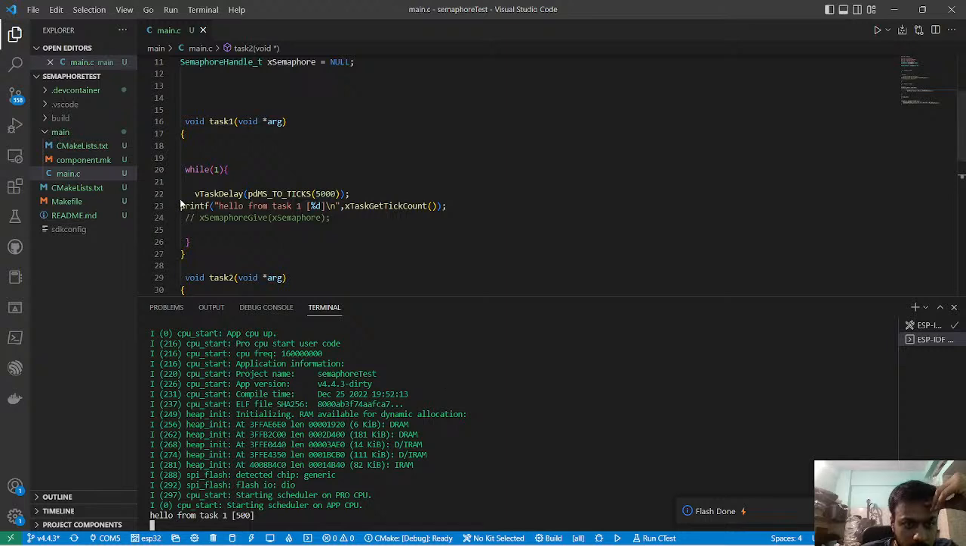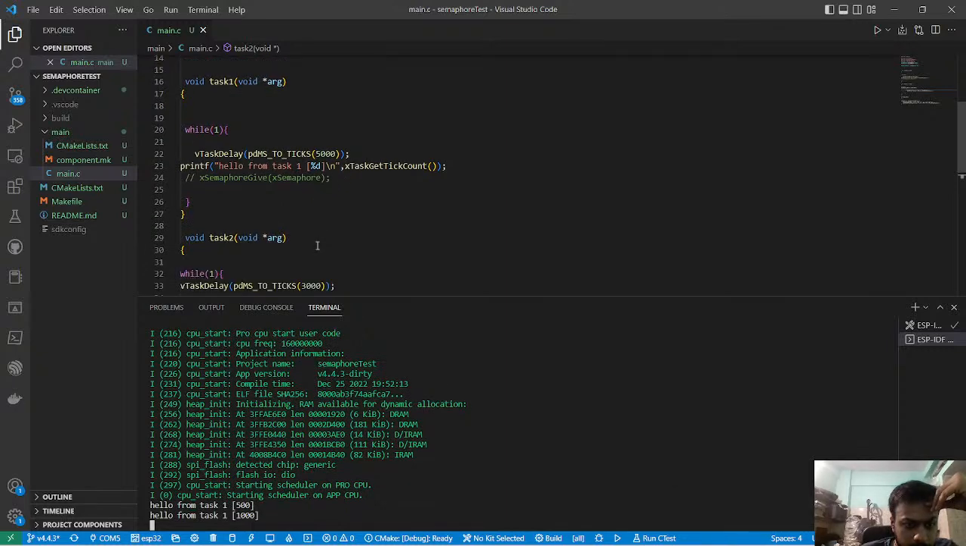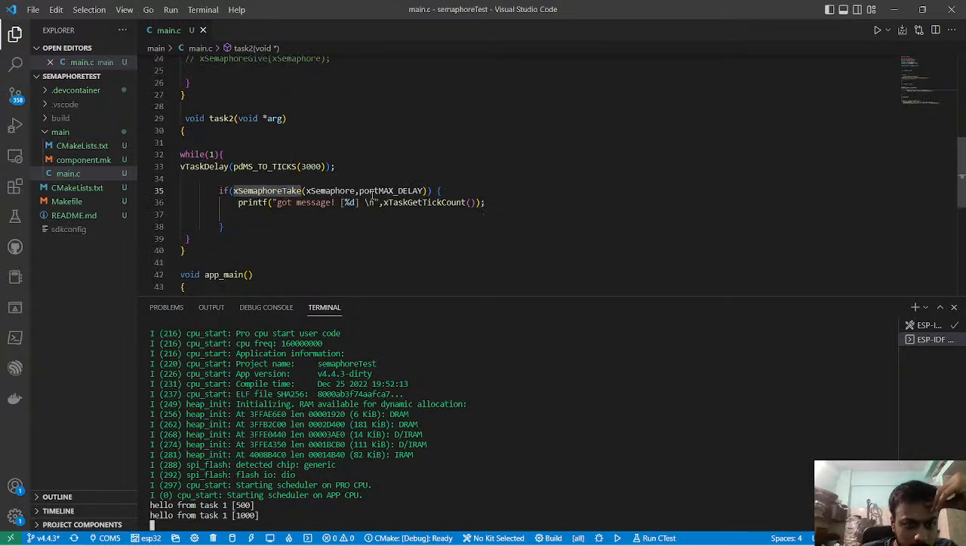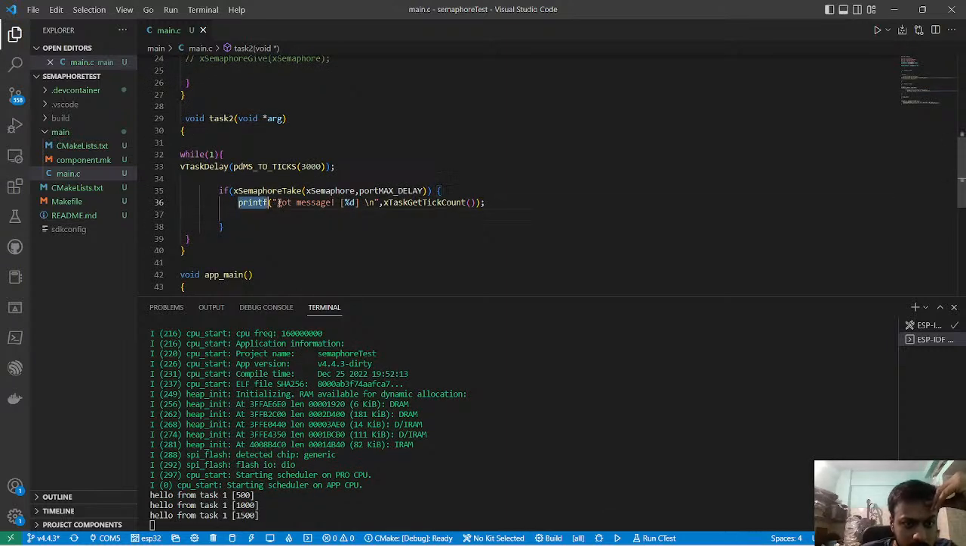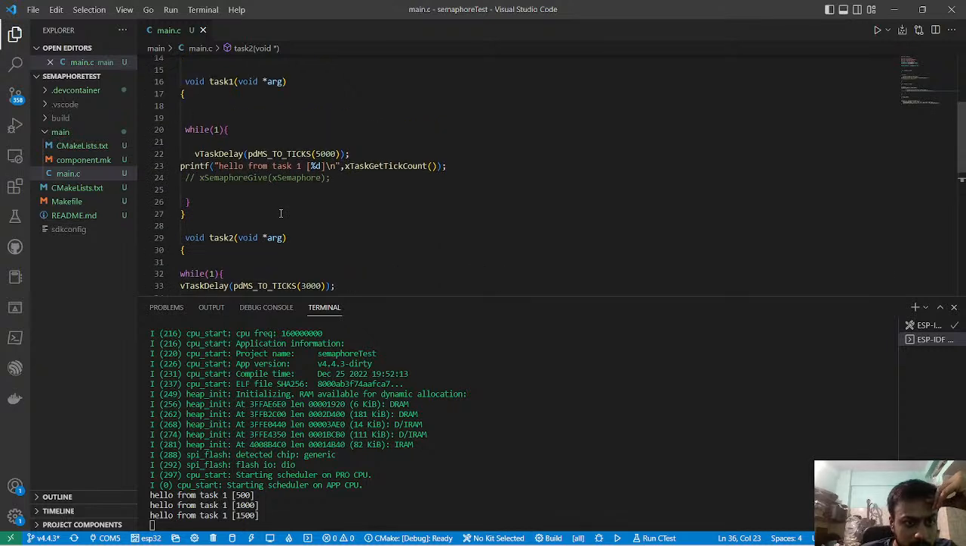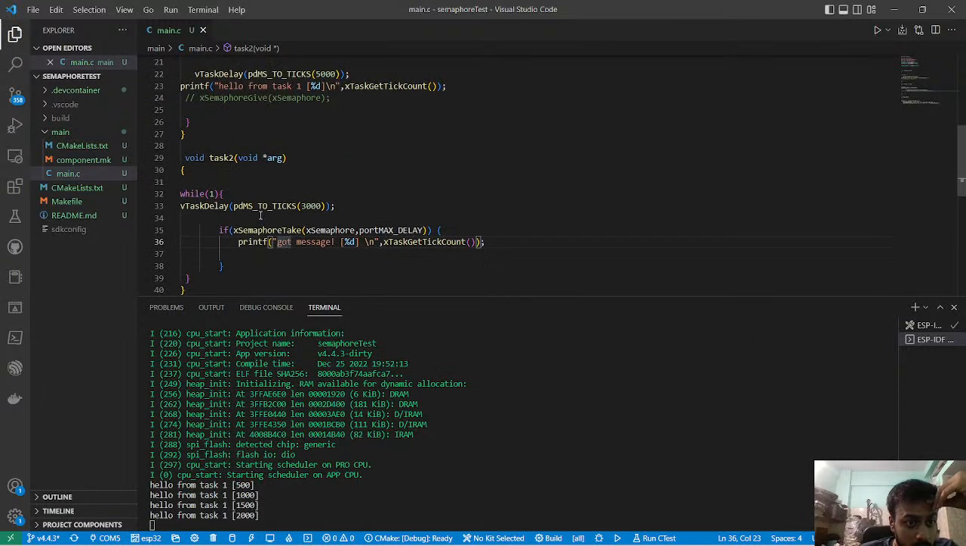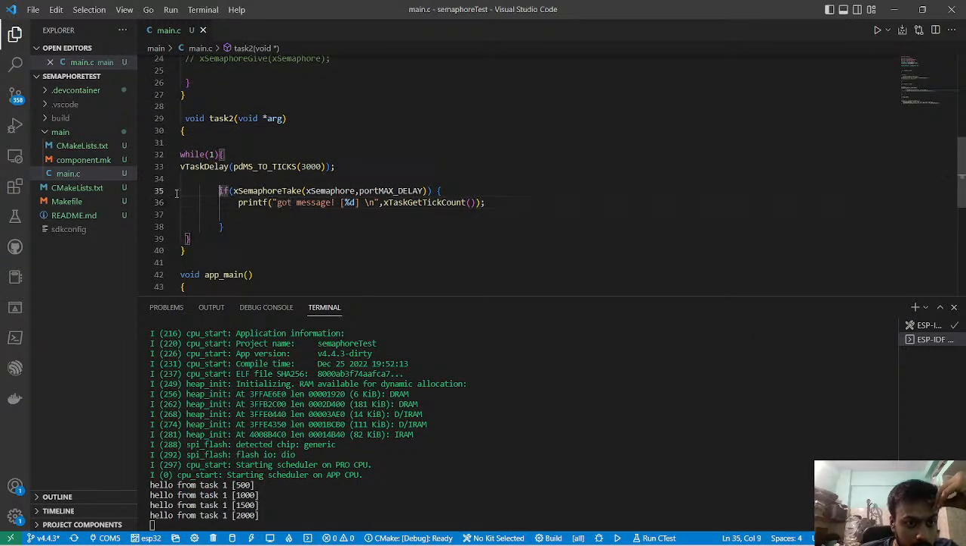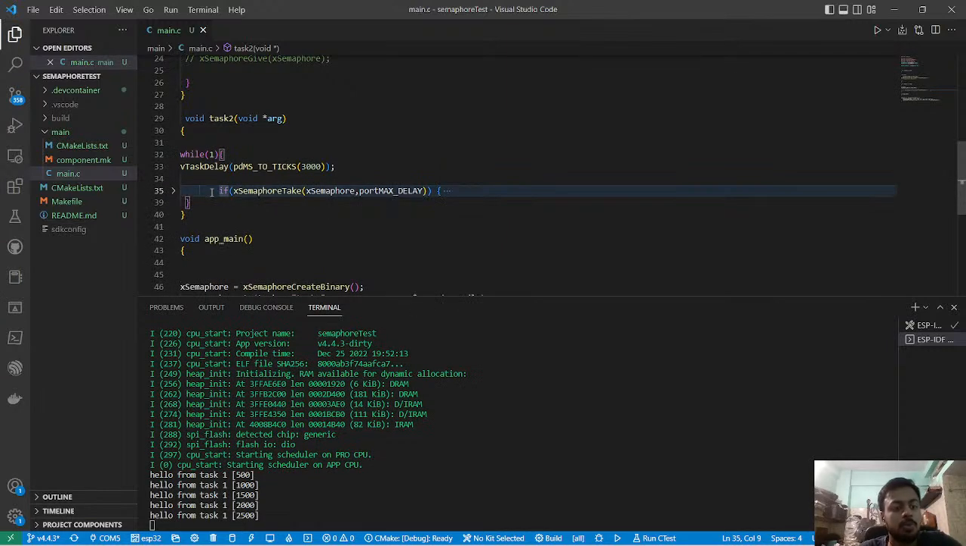Hello from task 1. Hello from task 1. Okay, so we cannot see any messages being printed. Basically, task 2 gets blocked, like it doesn't proceed after this if statement. Okay,